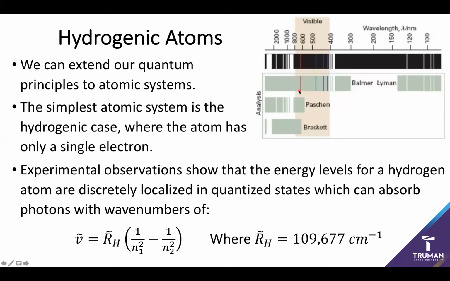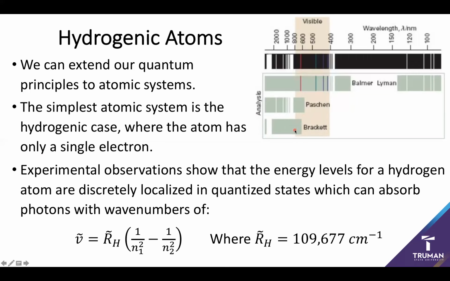And these form essentially the visible spectrum of a hydrogen atom, where the lowest energy species goes from 2 to 3, then 2 to 4, 2 to 5, and then they begin to converge in the near UV. And then similarly, we have the Paschen and Brackett series